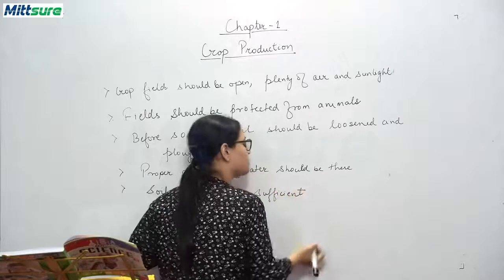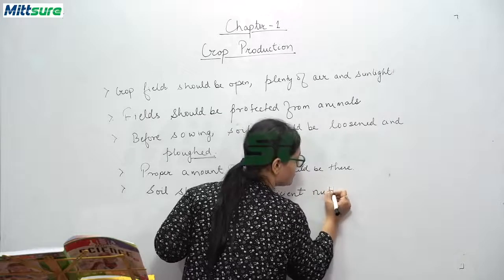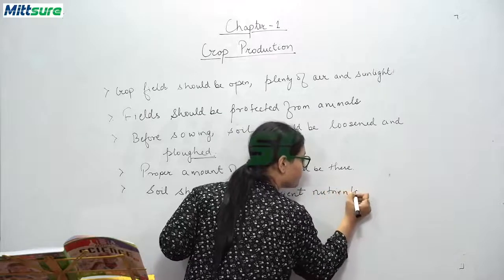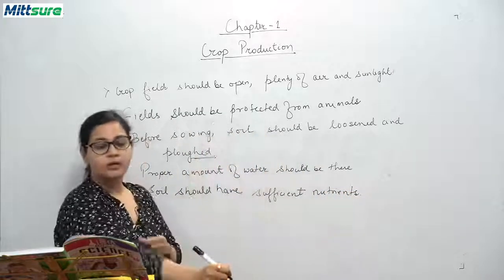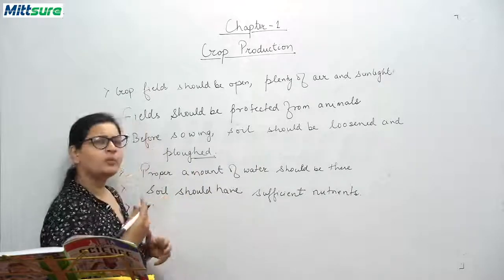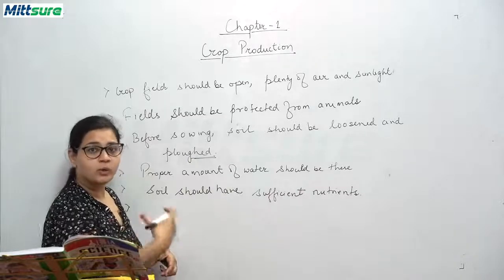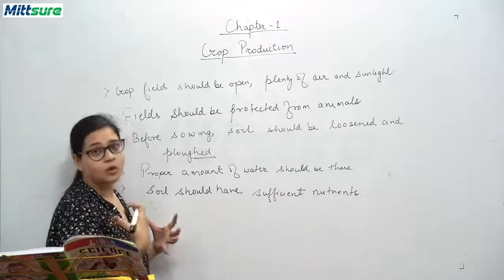Sufficient nutrients. Last, weeding. What is weeding? Weeding means unwanted and undesirable plants which are grown along with our crop are called weeds,